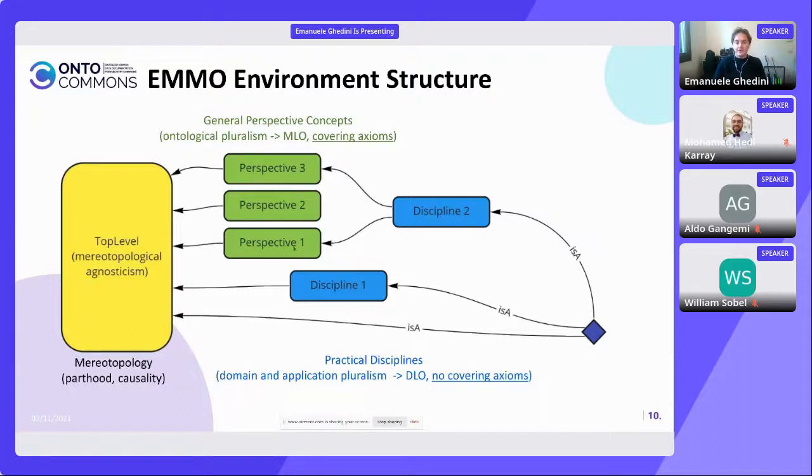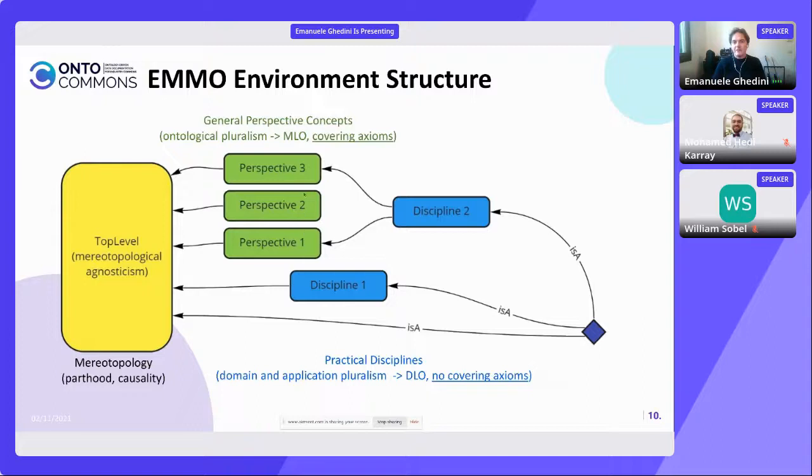Or you can use perspectives, for example, which are a covering action. So you can say that something is an object or a process or a whole made of parts and so on, by using the perspectives that are covering actions and introduce some primitive concepts. Or you can introduce the disciplines, which are probably something nearer to the domain level ontologies, in which you don't use covering actions, so they don't claim to describe the overall world like the perspectives do, but they cover a simple subpart of the universe,